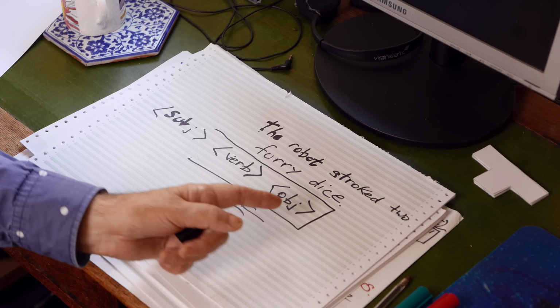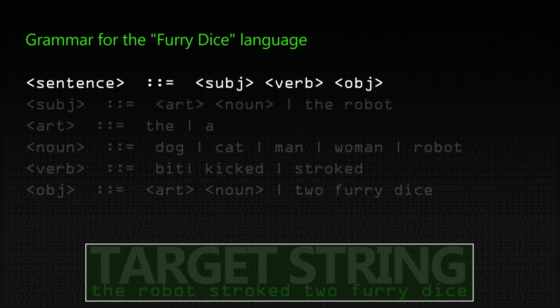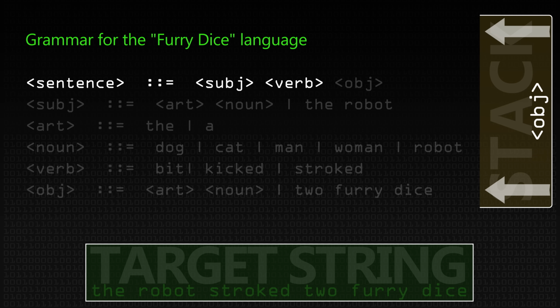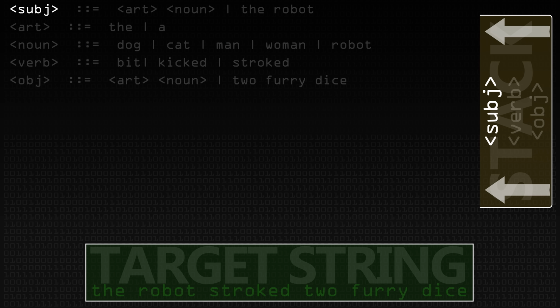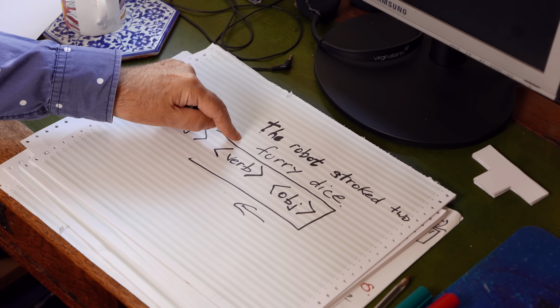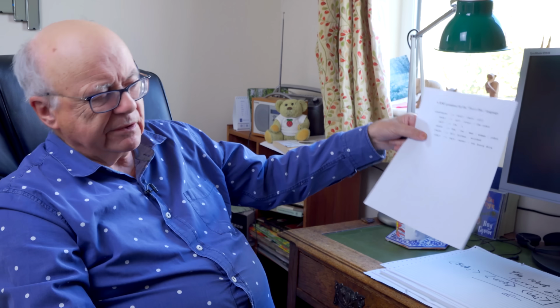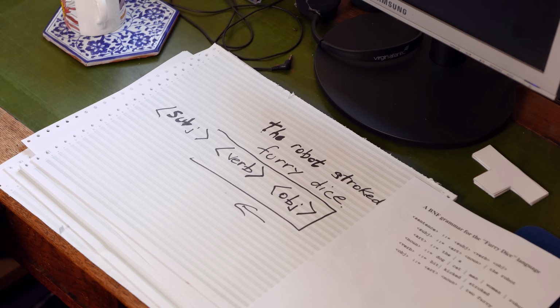This one is not building upwards and downwards, it's building from right to left. So at the top of my stack currently, my sub-target is subj. I must find a subj, but I must keep half an eye on the target string to see if it really matches.